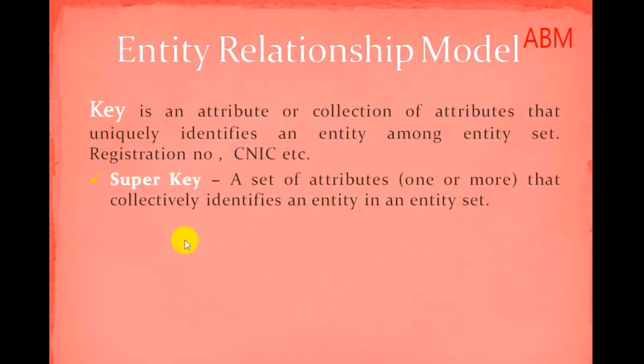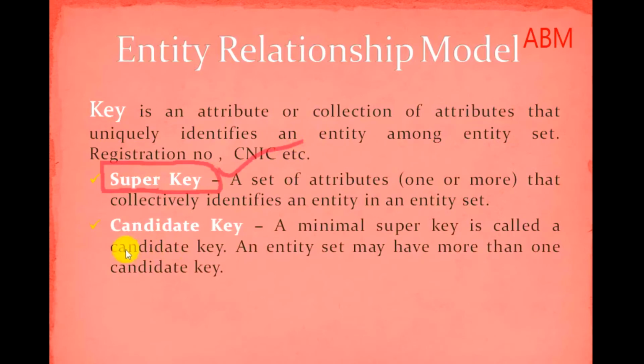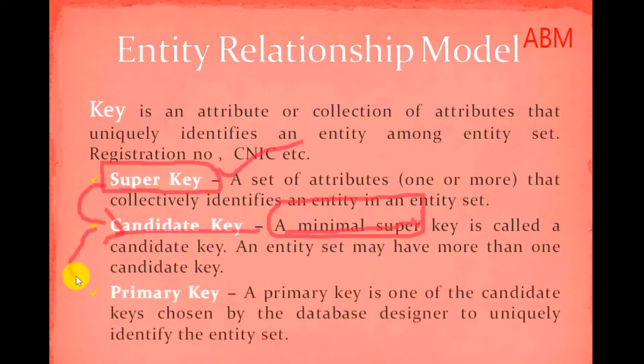So the super key is actually a key or a combination of keys. It may be one attribute or a combination of more than one attribute which may be used to separately identify the data. Okay. And the candidate keys, in the super key we take the minimal super key. It may be a single attribute, it may be a combination of attributes which may be used to identify the data uniquely. Okay. And among the candidate keys there may be different candidate keys, but we take only the powerful key among the candidate keys which is selected by the database designer to use as a